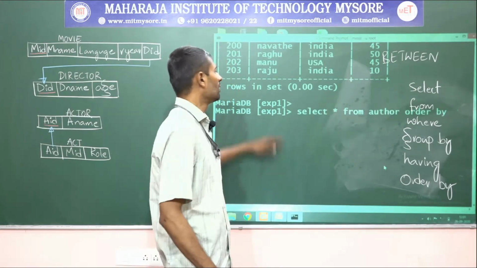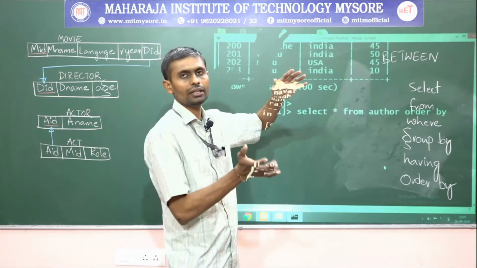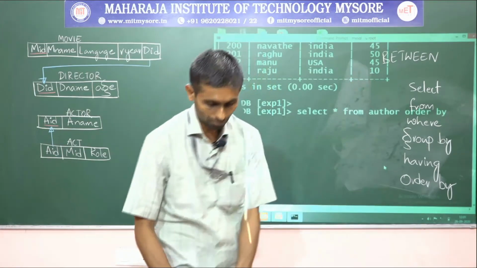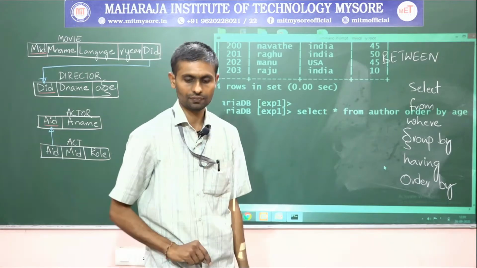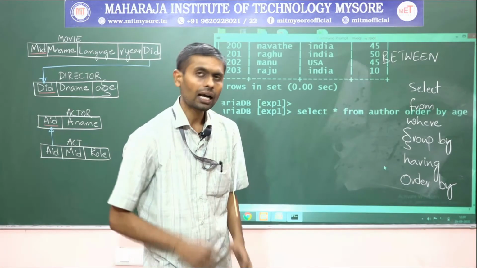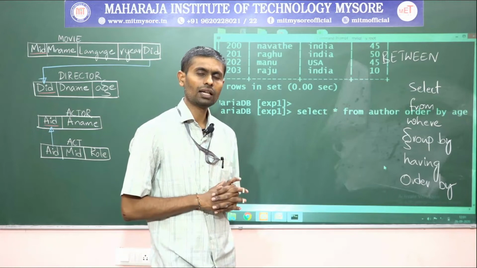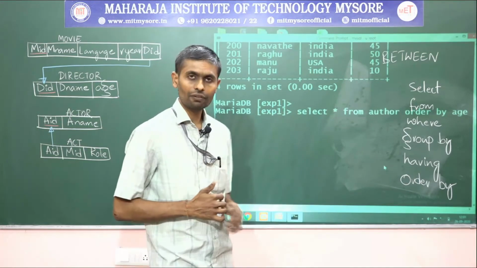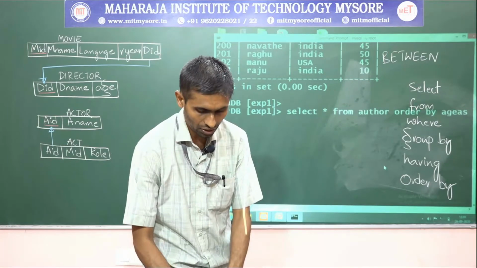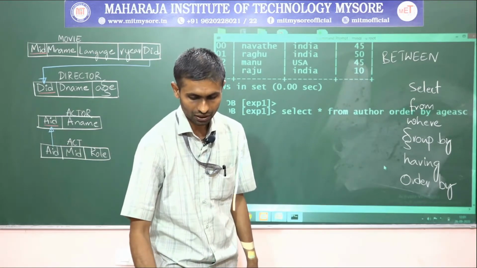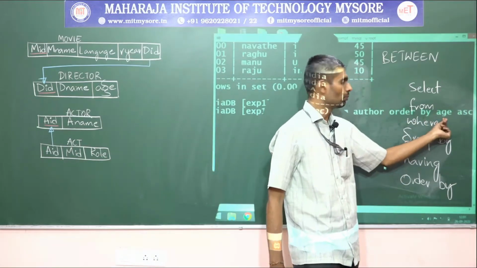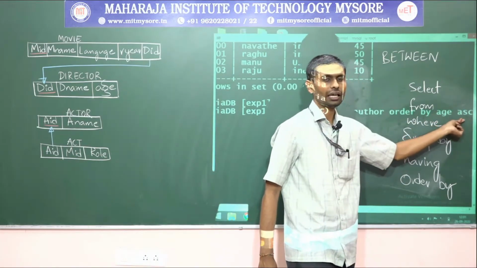Then I said, yes, I want to order. I want to sort it based on what attribute, guys? Based on the age column, right? So just mention age. That's it. Then which kind of order I want? Whether I want ascending order or descending order. If I want to list it in terms of ascending order, then mention ASC. That's it. ORDER BY, it's a clause name, then followed by the attribute name, then mention the keyword ASC.